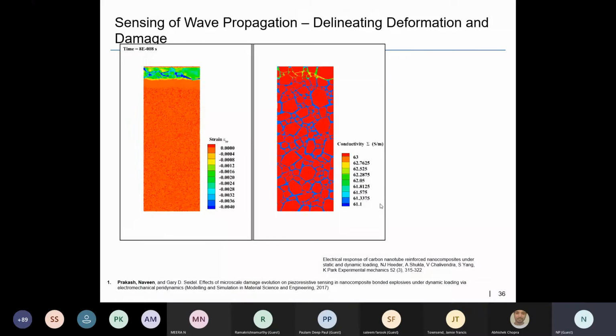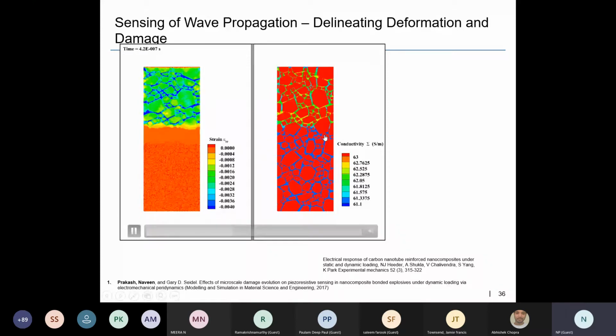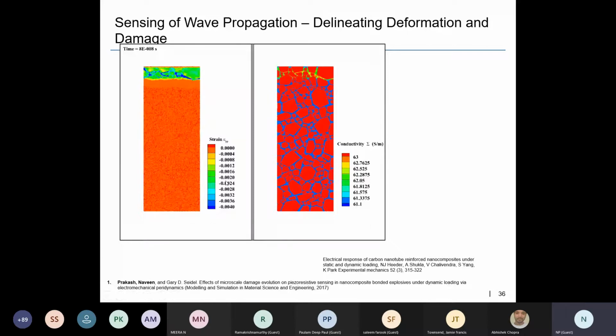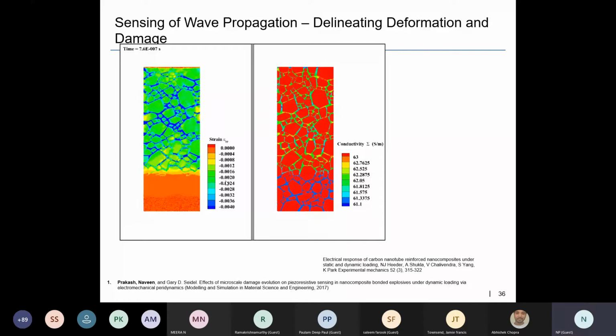There's another look at the strain wave going through the material and how the conductivity is increasing as the binder material is being compressed, and due to the piezoresistivity of the nanocomposite binder, it's becoming more conductive, and we can pick that up